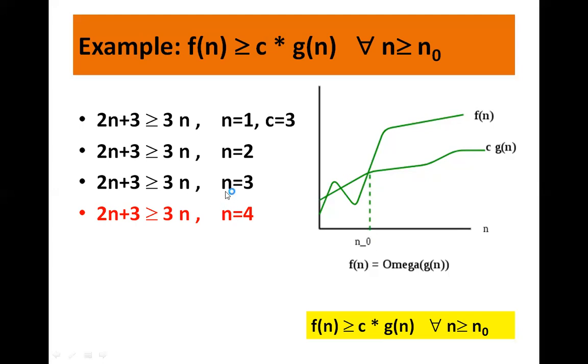Fine. Now suppose I increase the value of n to 4. Is it true? No, it is not true. Why? Because now it is 4 into 2, that is 8 plus 3, that is 11, and now this will become 12. So this is greater, so this will not work. That means after n0, whatever you have will give you the best case, whereas the other will give you the worst case. So the overall function f of n is greater than or equal to c into g of n, for all n greater than or equal to n0. So I hope big O notation is clear and big omega is also clear, right?